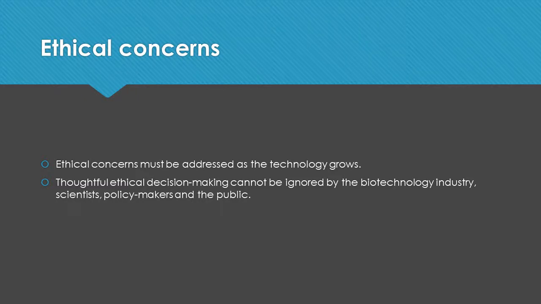Another thing is the ethical concerns. Ethical concerns must be addressed as the technology of producing transgenic animals is growing. Thoughtful ethical decision making cannot be ignored by the biotechnology industry, scientists, policymakers, and the public. That's why you need to apply for ethical and animal ethics approval before you can start doing research on transgenic animals. Okay,